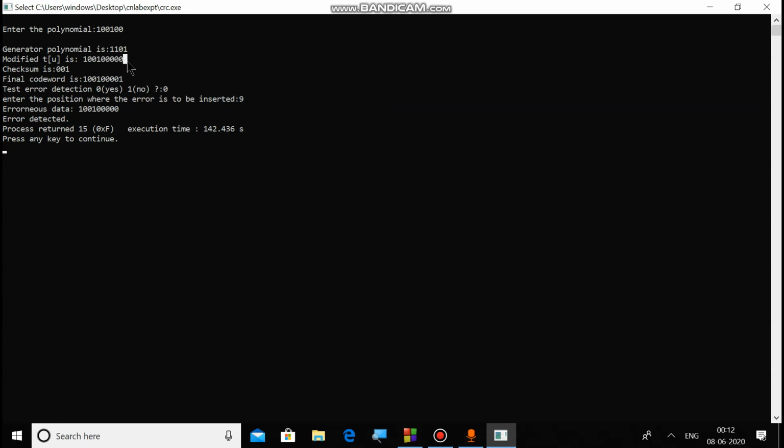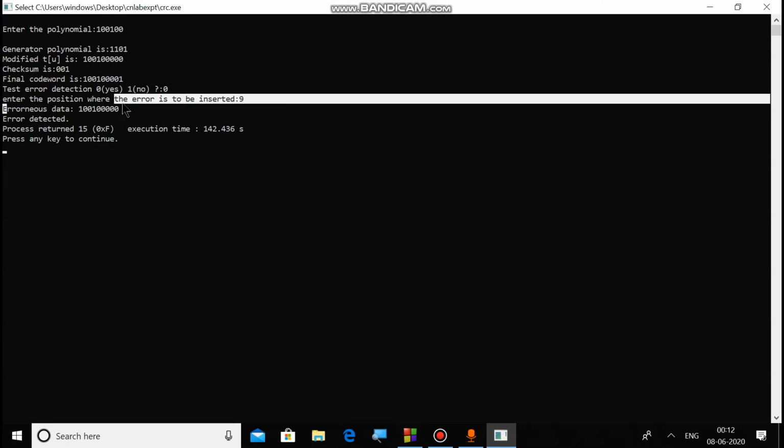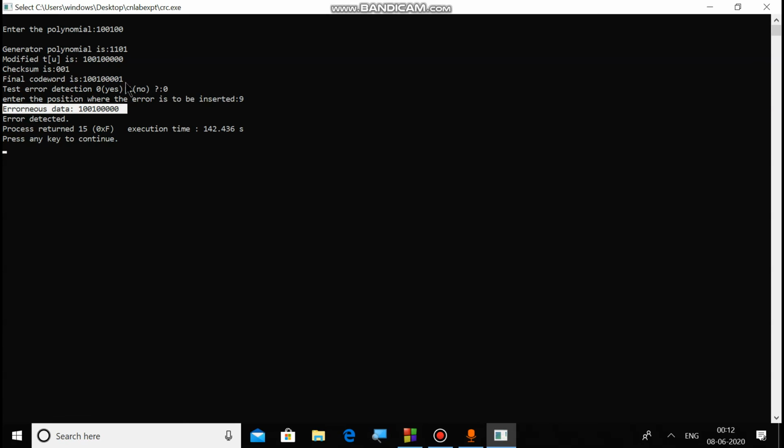Now see here, the ninth position, that is at the LSB bit, 1 is changed to 0 and it will be erroneous data. The data is in error. 1 is changed to 0.